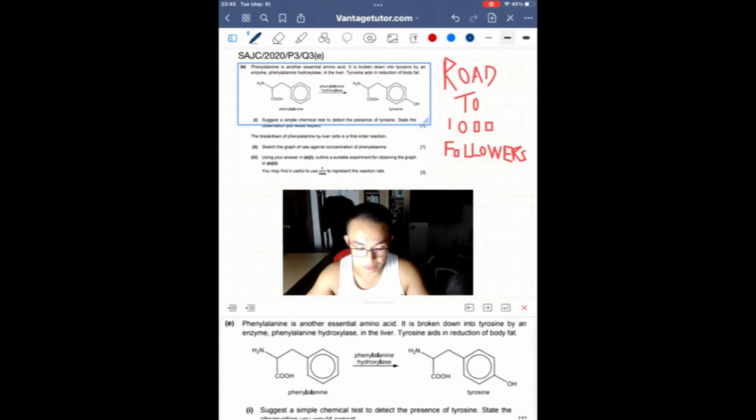Now today we're going to take a look at a question from St Andrews Junior College, year 2020, paper 3, question 3E. Alright, now this is a mixture of organic chemistry and your reaction kinetics. Alright, so in this question we're going to see in the first part, we're going to need to do a simple chemical test. Basically, it's your distinguishing test. Subsequently, we talk about your reaction kinetics in terms of first order, how to sketch the graph, how to do